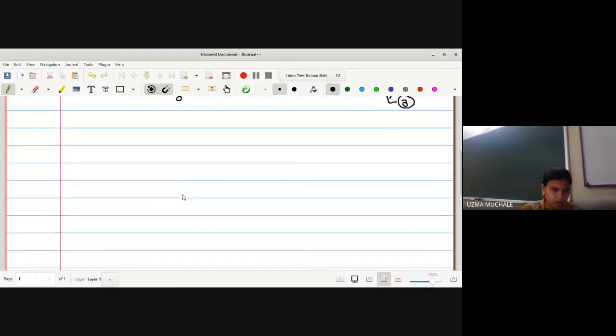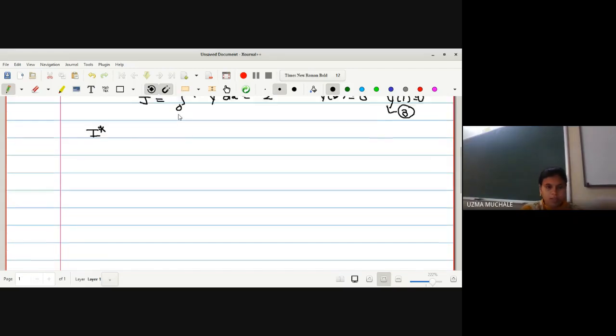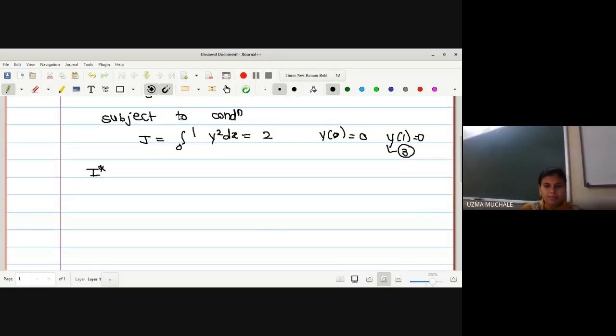So what we have to do first is write down that the extremization of integral 1 subject to the conditions 2 and 3 is equivalent to finding the extremization of I star. What is I star? I star will be extremum under the conditions 2 and 3, that is, this J and the boundary conditions. I star will be equal to I plus lambda J. And what is the corresponding f star? F star is nothing but f plus lambda g. f star is the integrand of I star.